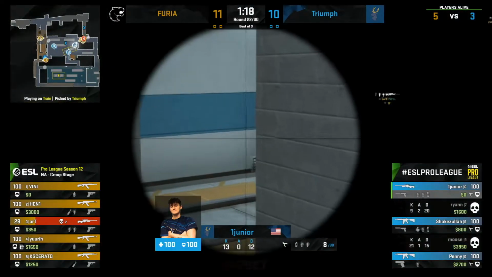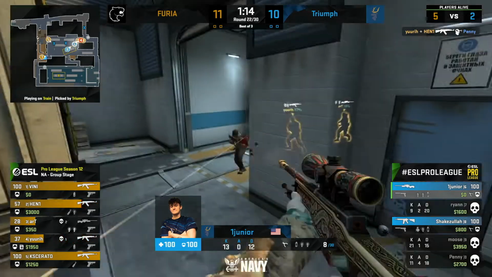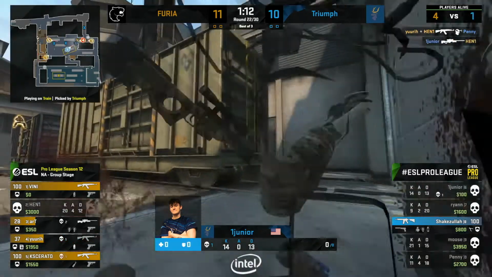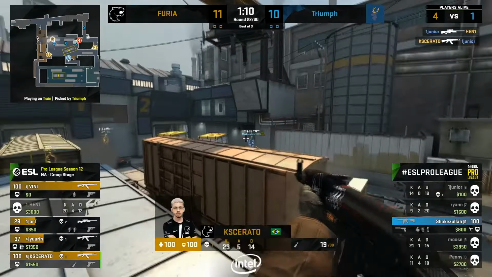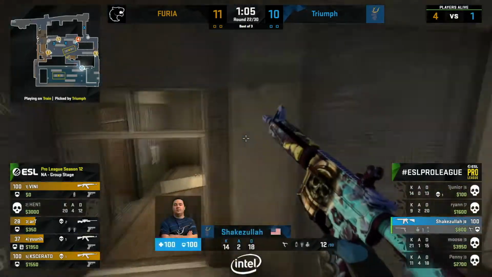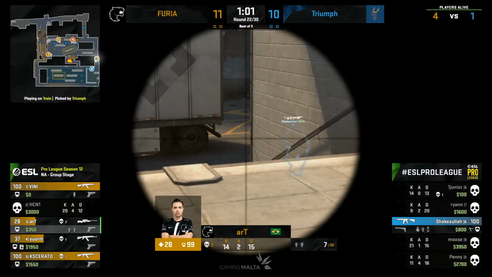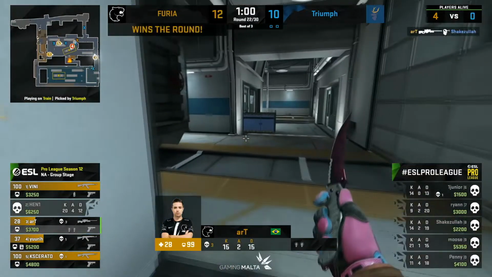Early rotation from Triumph. All players here to defend, but they have to look in so many different directions. Junior poised up on the stop sign, and he's not going to be worrying about the T-Con player. Queserado finds it from the top of blue, and it's Shake to just save them. Well, this is the shaky money that you're talking about for Triumph. And it's about to be realized because they...